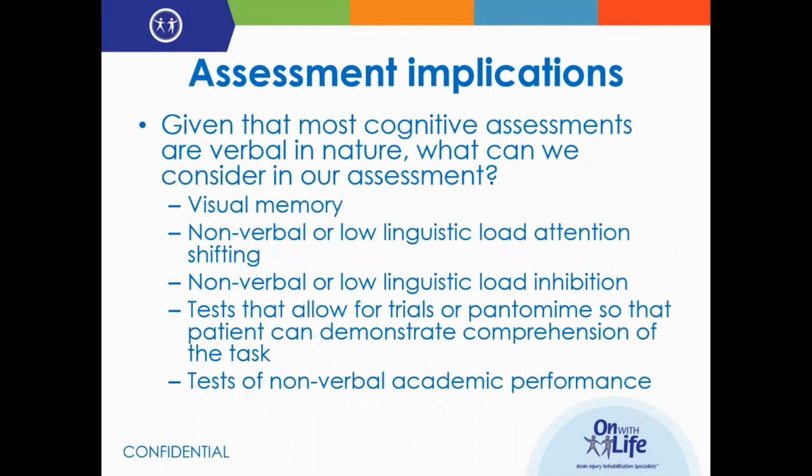So as a speech and language clinician, what I encourage other speech and language pathologists, as well as all rehabilitation therapists, is taking a look at what we need to consider in our assessment. We know that there are standard aphasia batteries that do include non or low linguistic cognitive tasks, but sometimes those are not going to be sensitive enough to really reveal those underlying impairments. So as I said, looking back at Dwight, our speech and language pathologist completed more in-depth cognitive communication